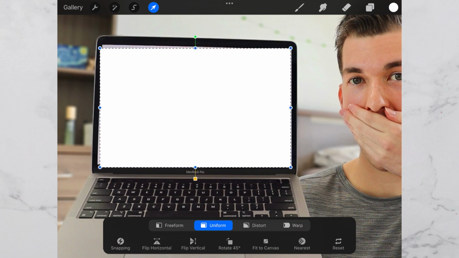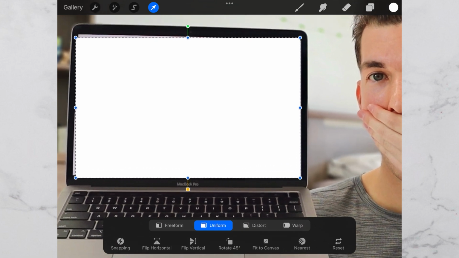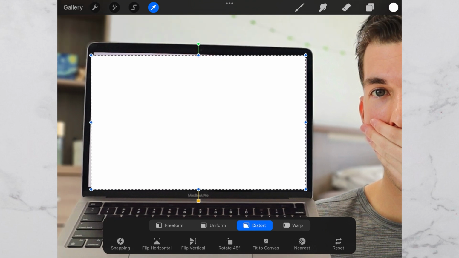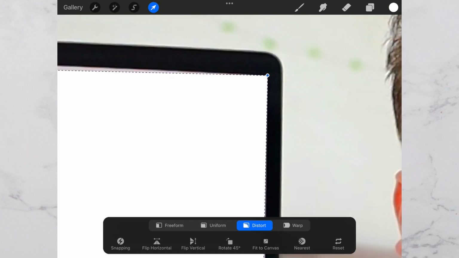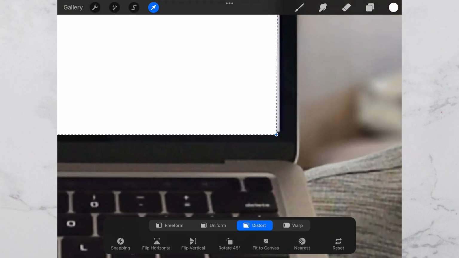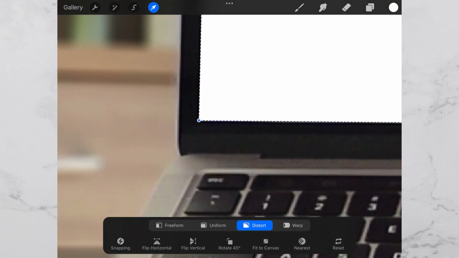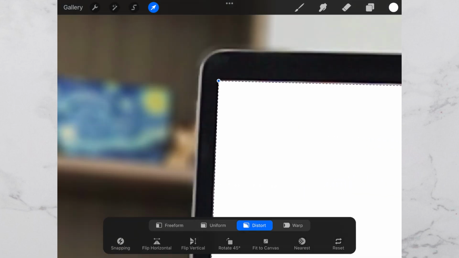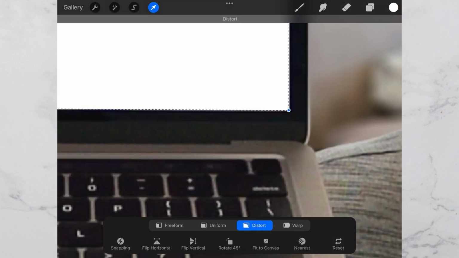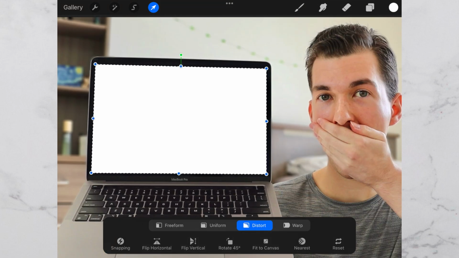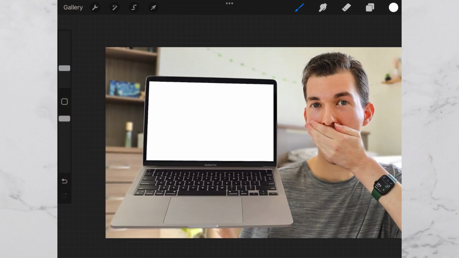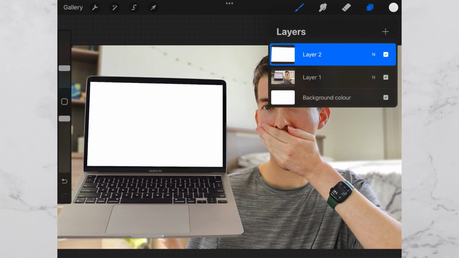So where's my Apple Pencil? Here it is. I'm going to go to distort, and then we're going to put the corners over the corners of the laptop screen. So give me a moment to just quickly do this. Okay, that's good, and that's how you get the screen to be white, but I'm going to put something over